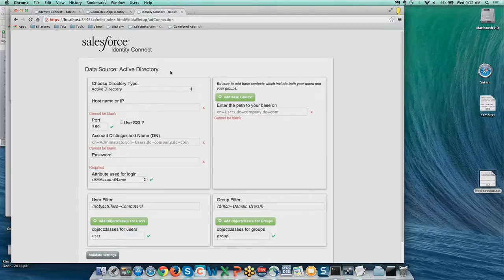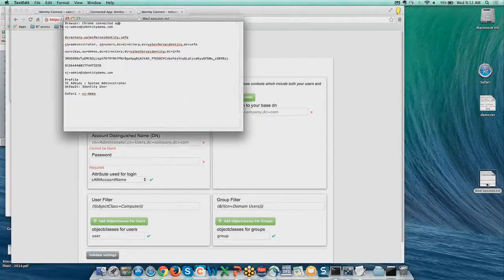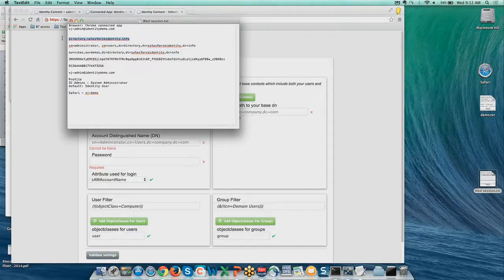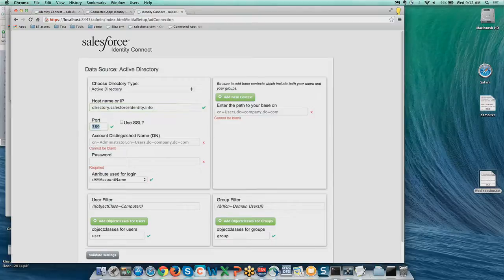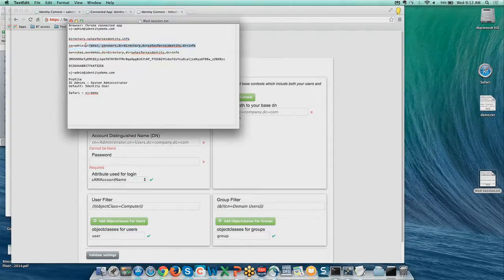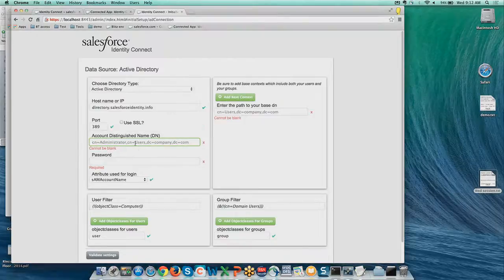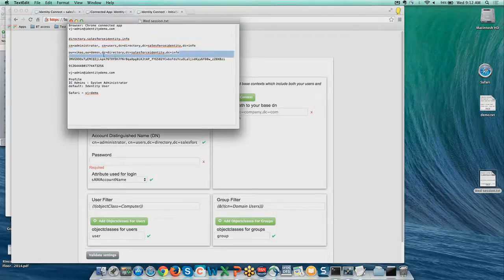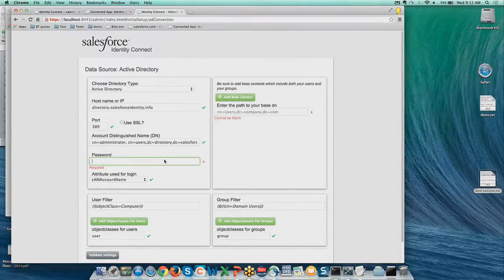Now, here I have to enter my Active Directory connection information. So I'm going to enter the host name, the port is there. It supports the SSL port of AD, so you can do LDAPS by uploading a certificate here. For the demo here, I'm just going to use the 389 port. Then I'm going to pass in a DN for an administrator that will be used to connect and validate with AD. Enter the password